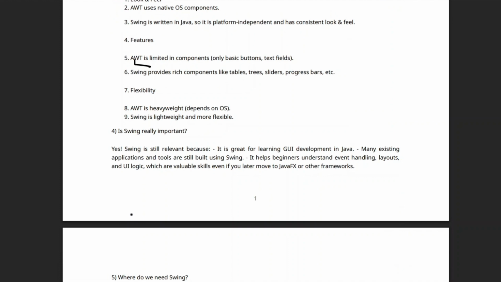If you want to learn how a GUI, a graphical user interface, works, and how Java gives the graphical user interface. It's not a website, we cannot call it a website, but it's an interface. When the user interacts with the interface, that is called the user interface, right? I'm not giving any big definition. JavaFX is one of the frameworks, but we are going to use Swing, which is really important.